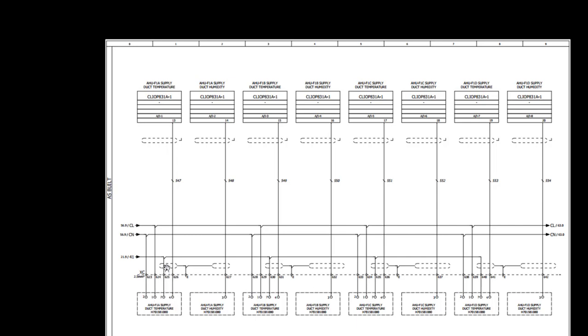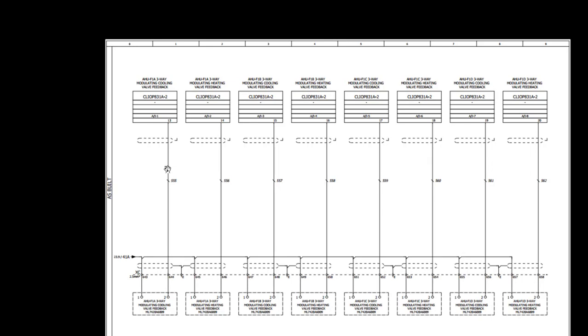And then we have common for the module, and then 0 to 10 volt signal for the temperature, because this is an active sensor and we are using 0 to 10 volt signal for the temperature also. So from number 4 we are taking 0 to 10 volt signal for the temperature value, and then from number 3 we are taking 0 to 10 volt signal for the humidity. So like this, in total we need a 5 core cable to get the temperature and the humidity signal. Similar are the wirings for the other sensors here.